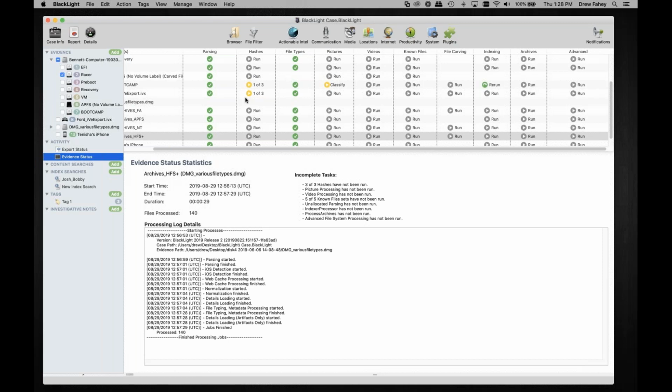But Apollo is actually relatively powerful in and of itself, and it just extends BlackLight's capability even further. But that said, I've clicked on the Racer partition, which I happen to know is a macOS partition, and Apollo is specific to data types and databases that exist within macOS as well as iOS. The majority of the files that have the wealth of information that everybody wants from these particular scripts, you will